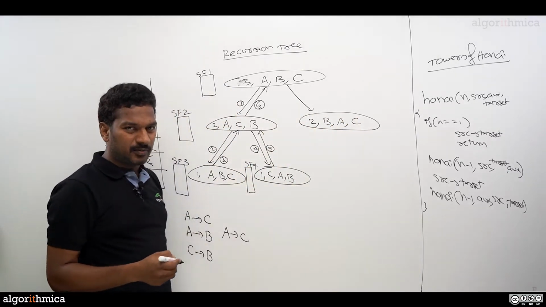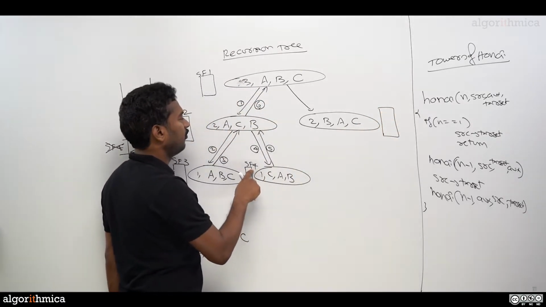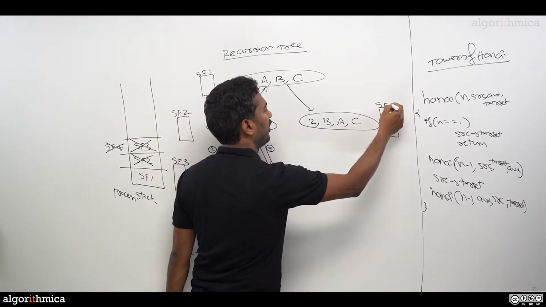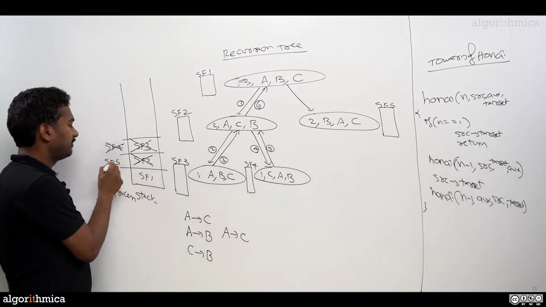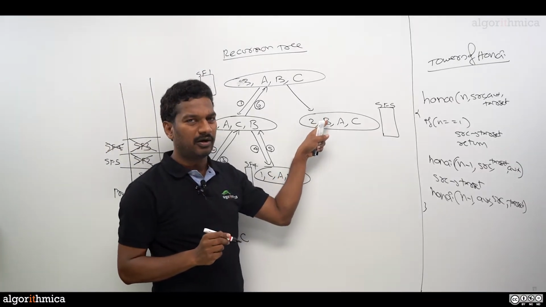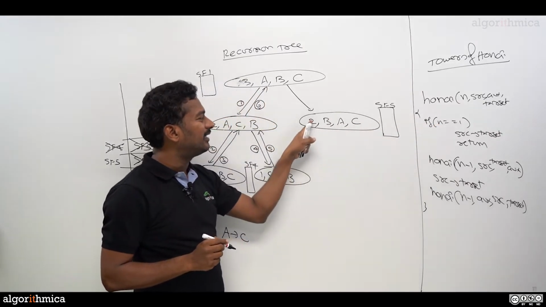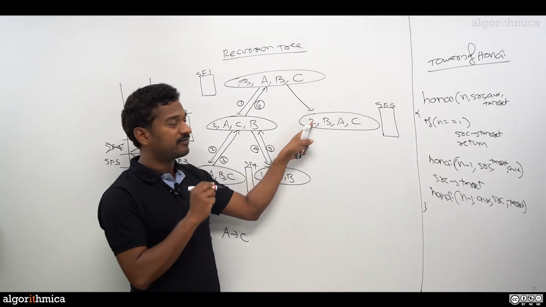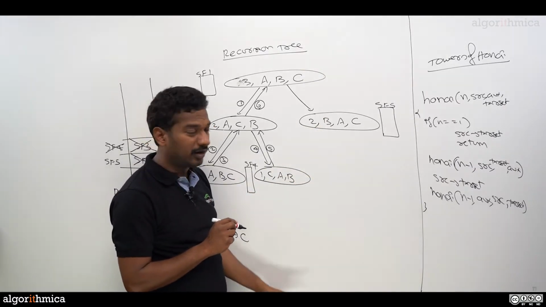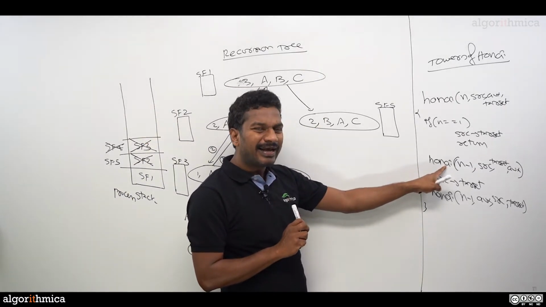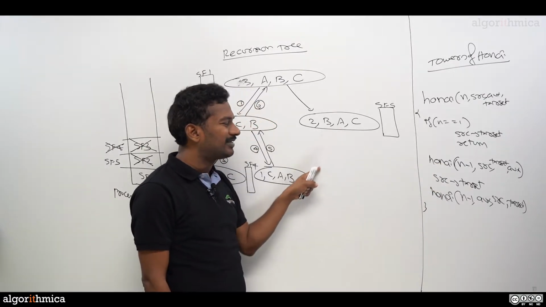Now again, to execute this body, we need a stack frame here. So this time, so we have 4. Now I'm calling it stack frame 5. Stack frame 5 is pushed over here, SF5. Now execute the body. When we execute the body, this n is nothing but 2, current frame, which is the top of stack. 2 equal to 1, condition false. Then you are going to make again a Hanoi call. But this time, this Hanoi call is the first recursive call here. Because it's a first recursive call, we always show it as a left child.